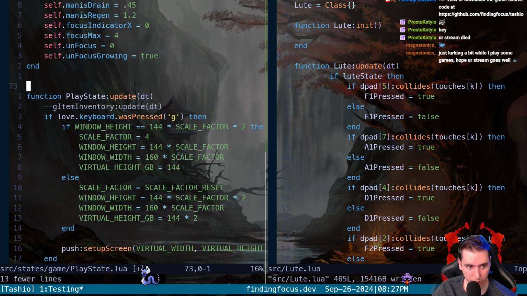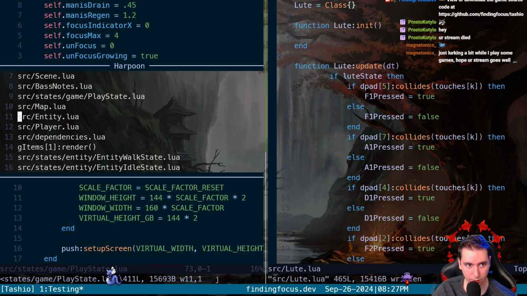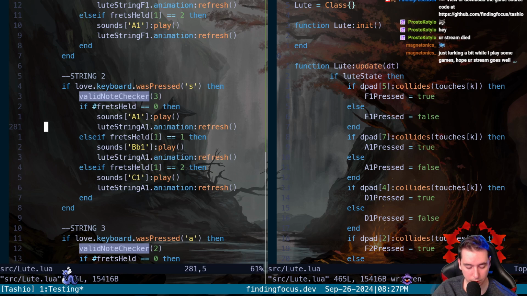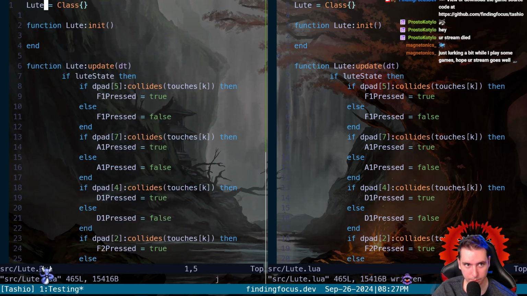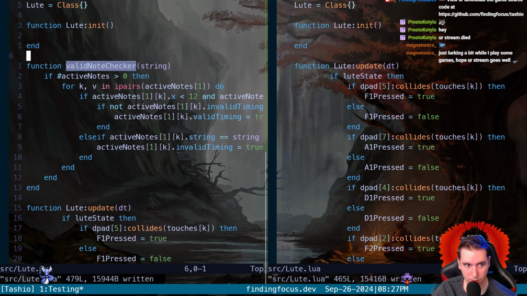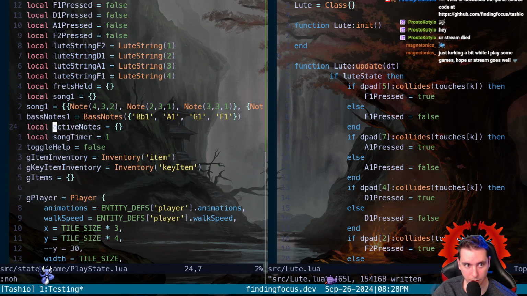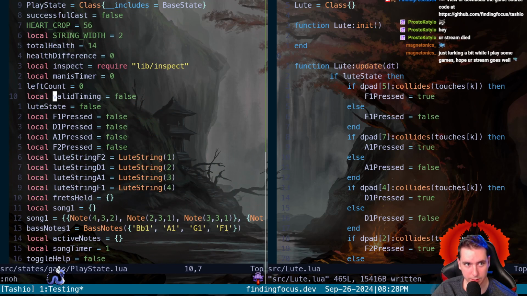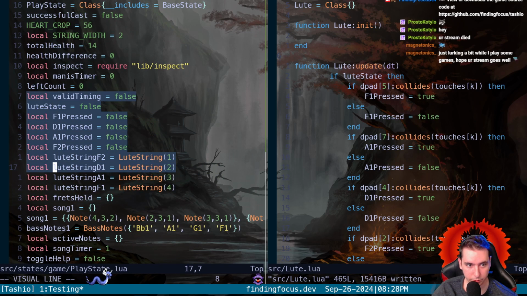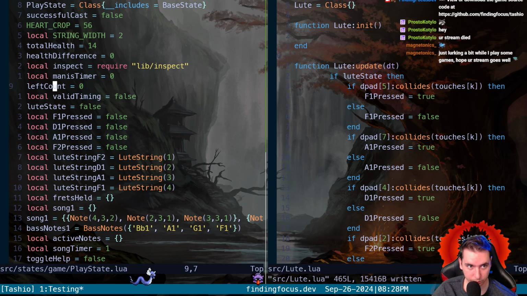We'll do it here where we delete it here, and then we'll go to our Lute and make sure we plop it in there. Okay, so basically all this stuff, valid timing, Lute state stays actually.